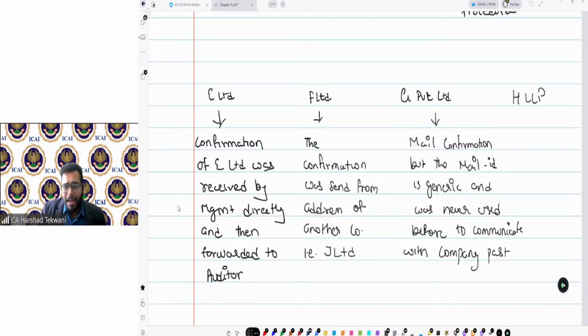In case of H LLP, the confirmation received back is blank.